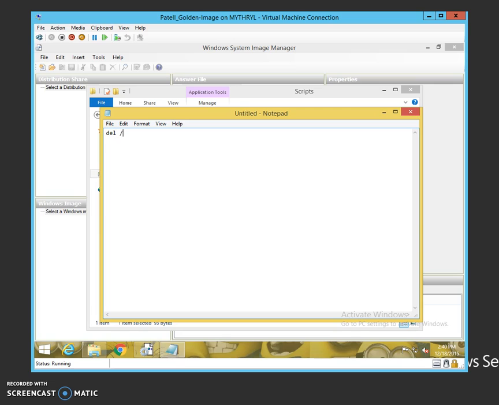It's just going to be del /q /f C:\Windows\System32\sysprep\unattend.xml, and C:\Windows\Panther\unattend.xml. This will just be removing it in the two places it'll end up being,